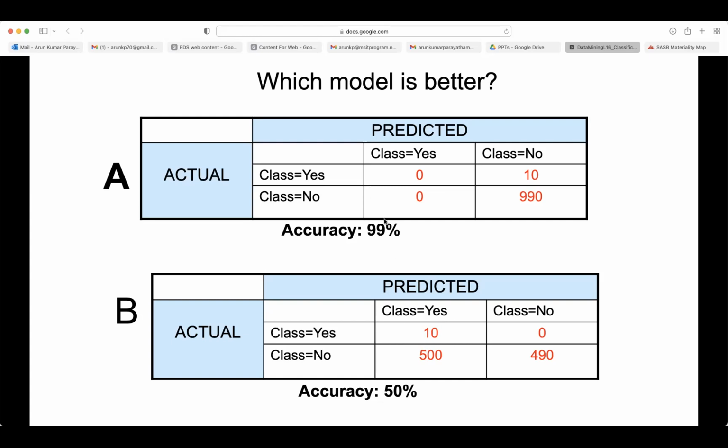But comparing these two, the first one is not at all useful for the bank. With the second one, at least they can decide how to use this information. For these 500, they may want to put one more model above this. All those things will come. But the first one is not at all useful. Do you agree the first one is not at all useful? Yes, sir. It is not catching anything, right? It is not giving any information to the bank, first of all.